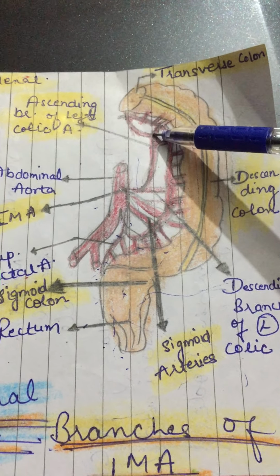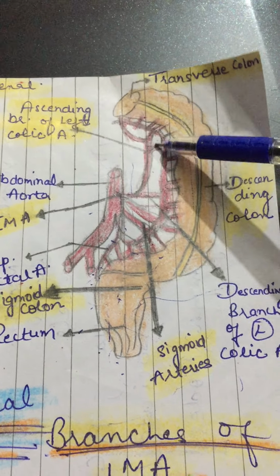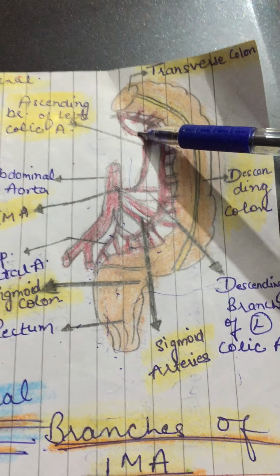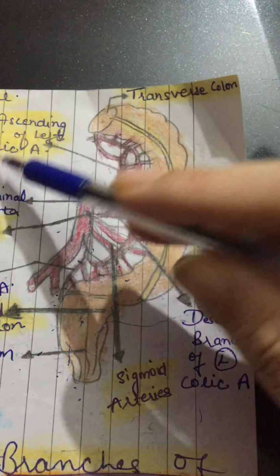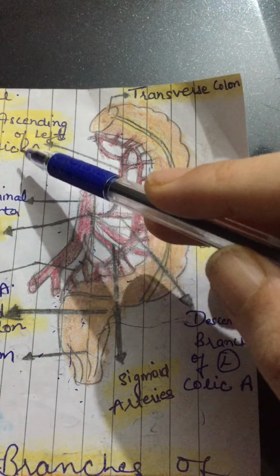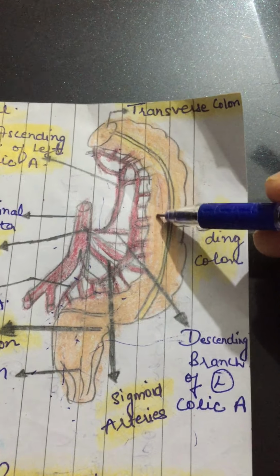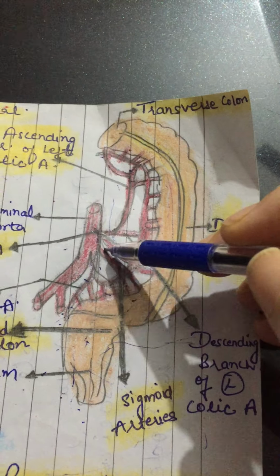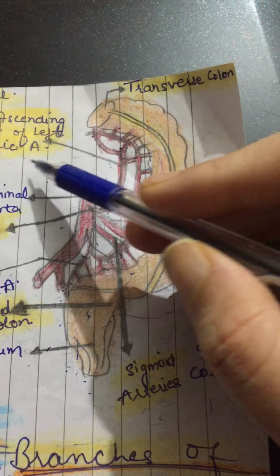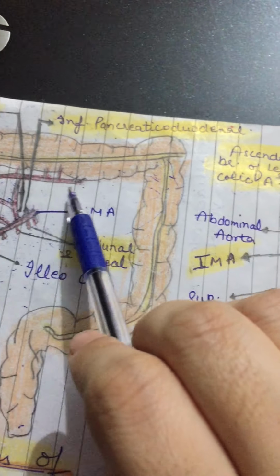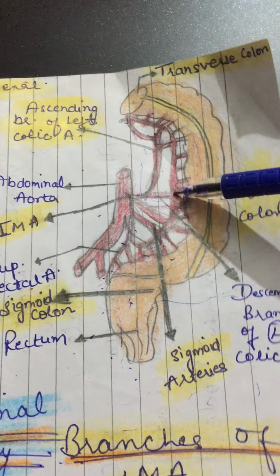It runs upwards and to the left behind the peritoneum of the posterior wall of the left infracolic compartment, and after running upwards, it divides into an ascending and a descending branch. The ascending branch will anastomose with the middle colic artery, and the descending branch anastomoses with the highest sigmoidal artery. So the ascending branch anastomoses with the middle colic, and the descending with the highest sigmoidal arteries,